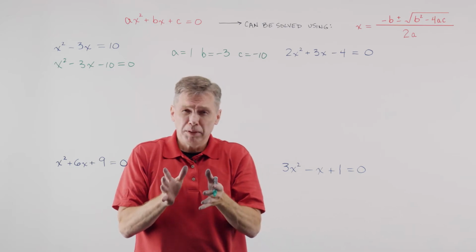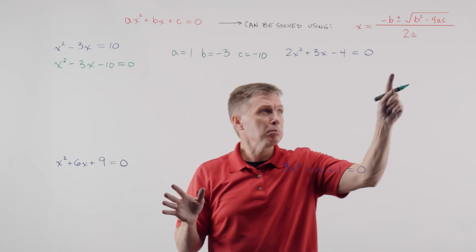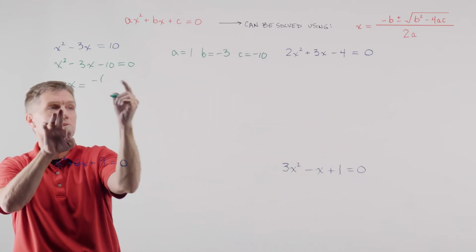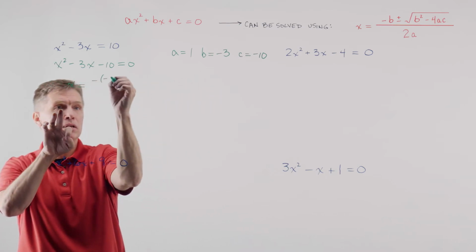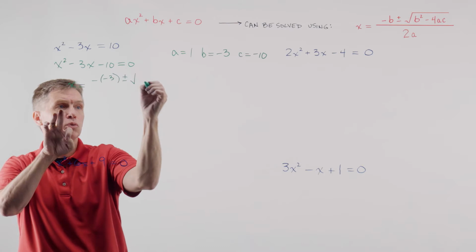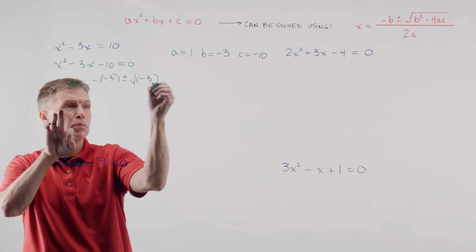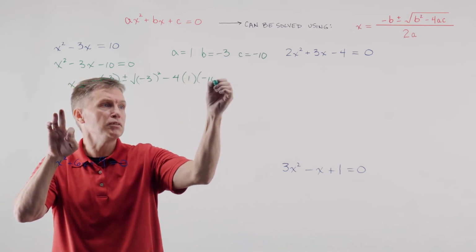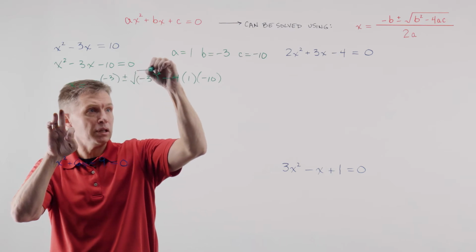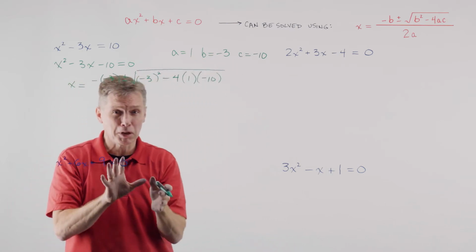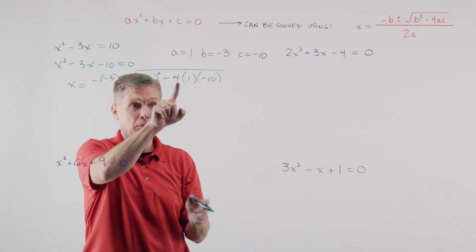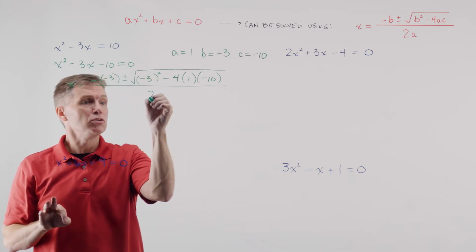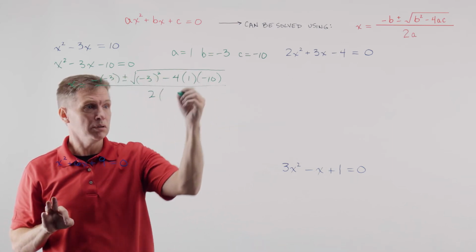All right, good. You get the pieces of the puzzle all ready to go, and now you're just putting them into the right place in the formula. So x equals minus, my b value is negative 3, plus or minus square root, my b value, but squared, minus 4 times my a value times my c value. Parentheses might help here just for you to keep your head on straight with the numbers that I'm now multiplying, okay? 4 times 1 times a negative 10. All divided by, I better not forget that denominator, 2 times my a value.